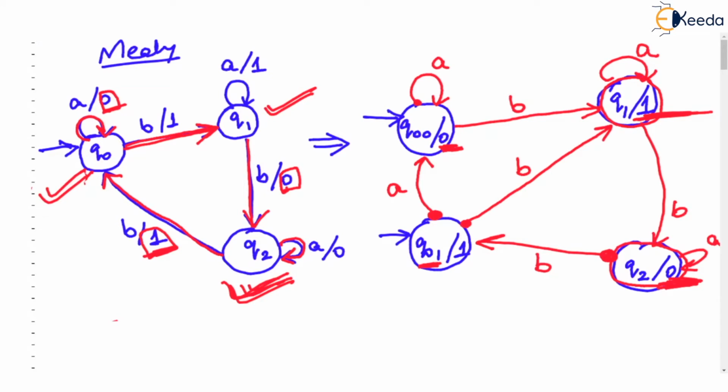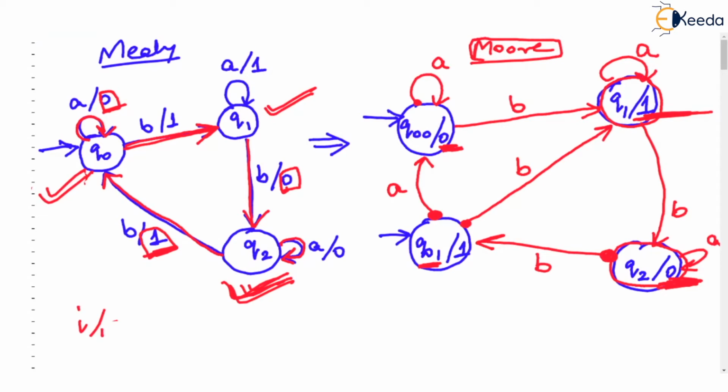So this is the resultant Moore machine. But you may be surprised how there can be two initial states. No problem. You can start this machine from any initial state. Check my words. You can start it from any initial state. So as an example,